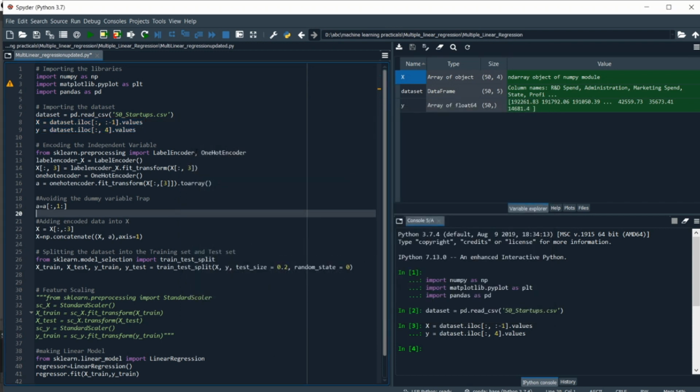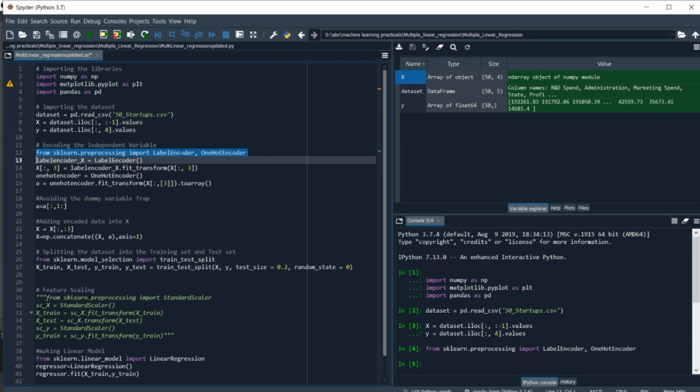For this, the classes LabelEncoder and OneHotEncoder are already available in the sklearn.preprocessing package, so we are going to import them first. After importing, we are going to create an object of the LabelEncoder class. As you can see here, we created an object named labelencoder_x of the LabelEncoder class.